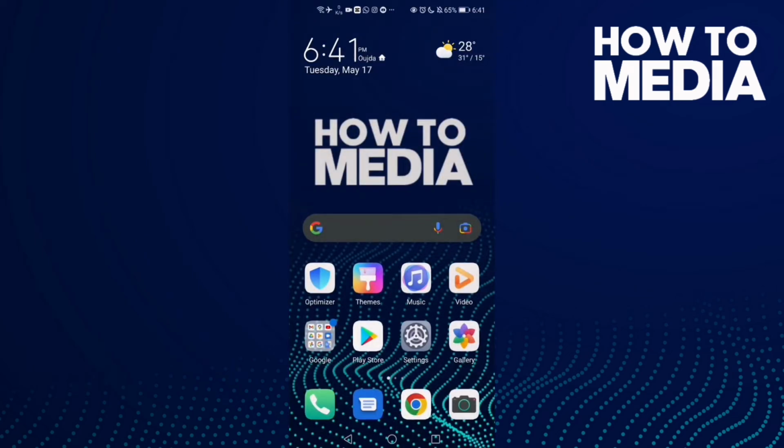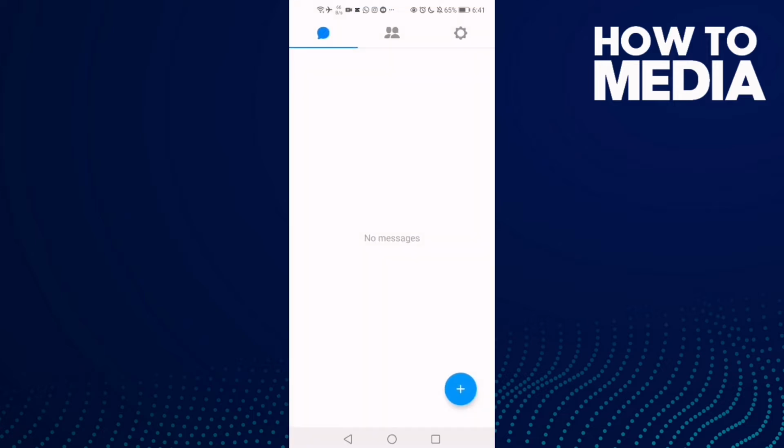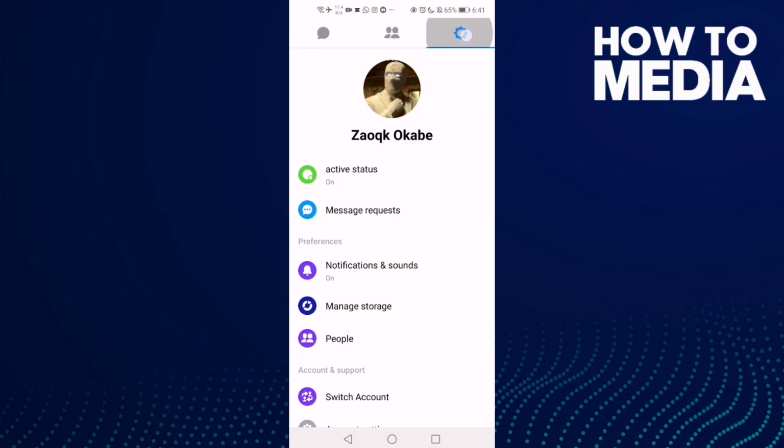How to find people settings on Messenger Lite. Hello guys, in today's video I'm gonna show you how to find people settings on Messenger Lite. First thing, go to Messenger Lite and here just click this one in the top corner